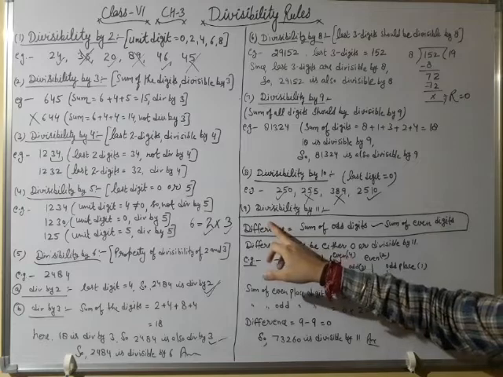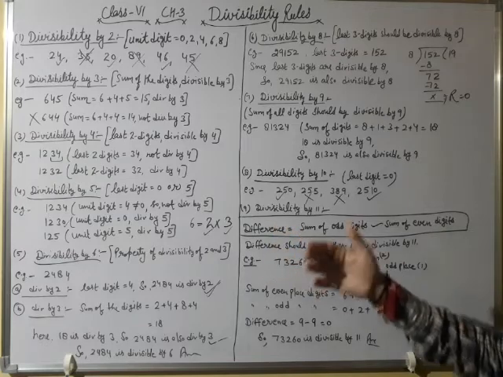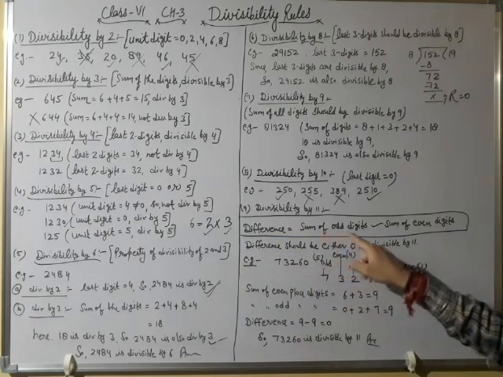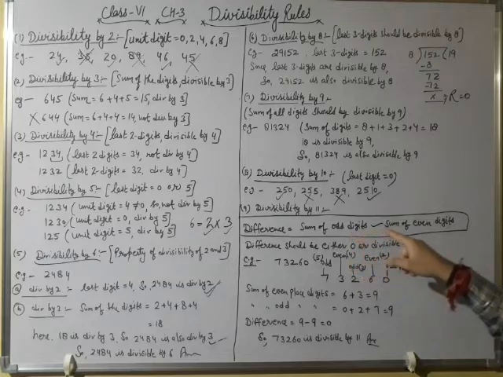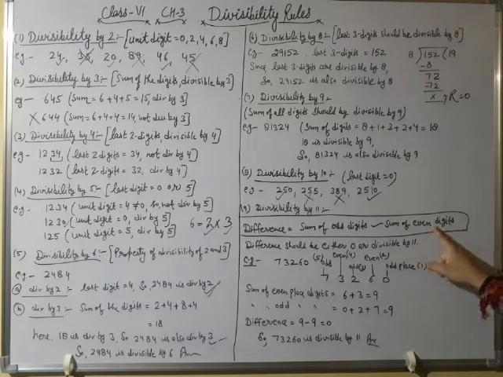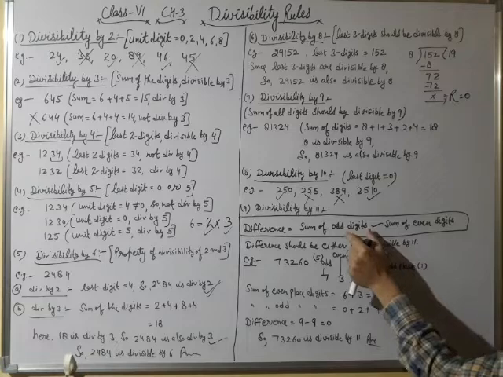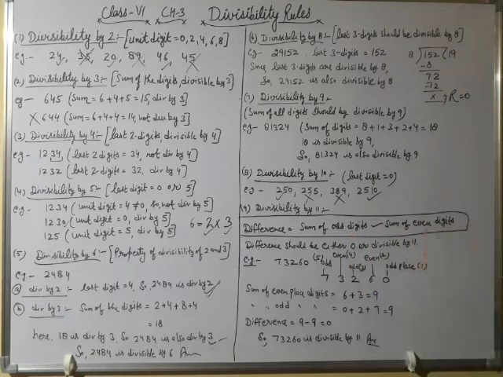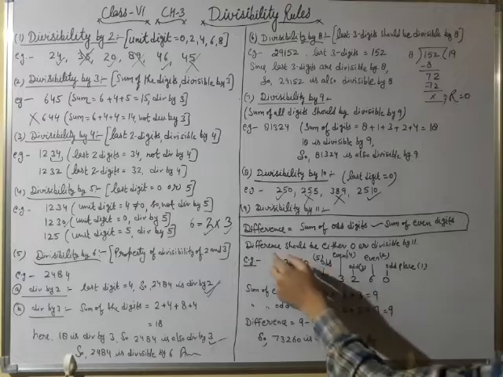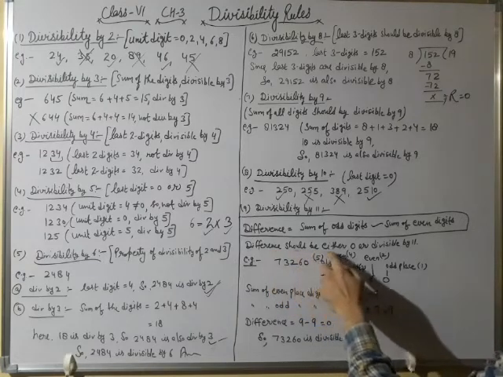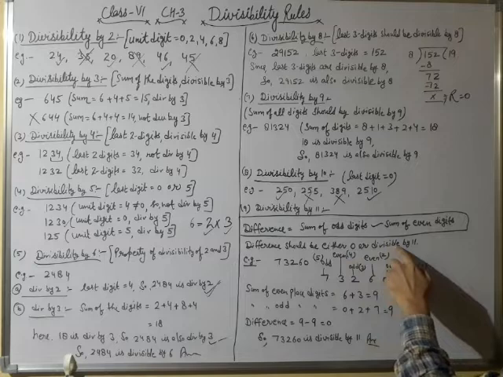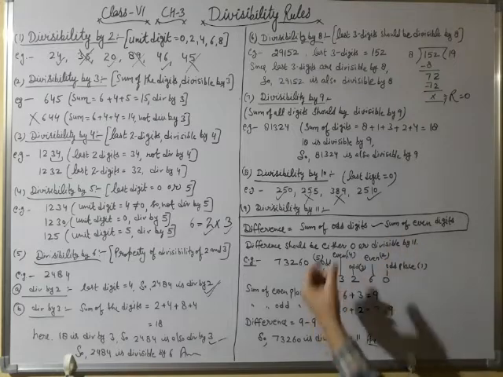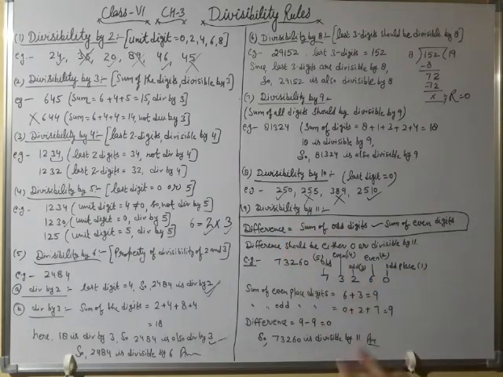You have to find the difference of the sum of the odd number digits and the sum of the even number digits. Now what are the odd number digits and what are the even number digits? You have to understand it first. If the difference is either 0 or divisible by 11, then the number is divisible by 11, otherwise the number is not divisible by 11. I am repeating,